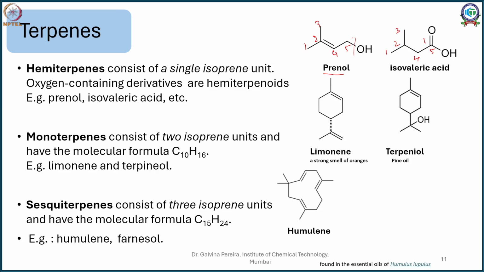Now we go to monoterpenes. Monoterpenes are C10. If you look at monoterpenes as C10, they might be cyclized. I am just giving you one example. 1, 2, 3, I get here 4 and 5. Now if I cut it here, I can see the second one, 1, 2, 3, 4, 5. So this is basically 2 isoprenes joined in this manner.